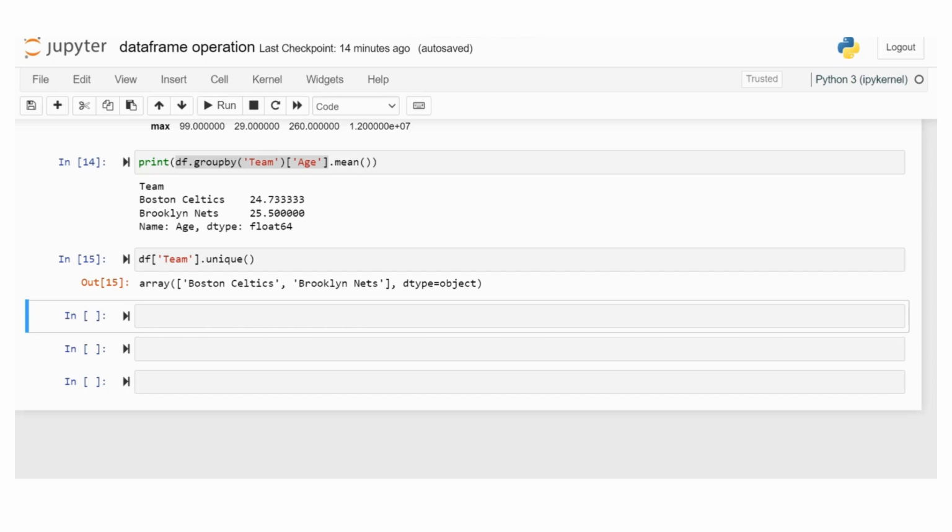Another operation in data frame is joining two data frames in pandas. Pandas provides the concat function and the merge function to join the data sets.